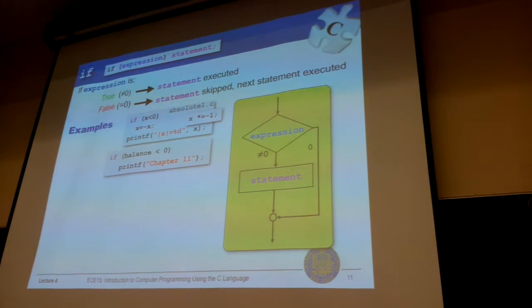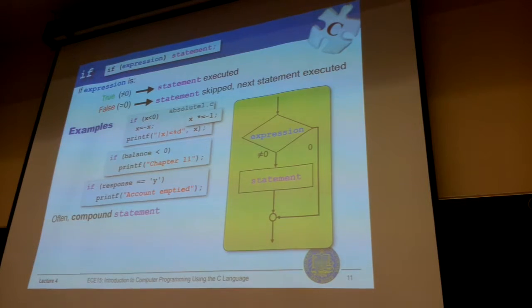Right? Here's another example. If balance is less than 0, then we'll print out chapter 11. So basically, if this was a financial program and your financial balance is less than 0, then this is a little joke. Chapter 11 is bankruptcy. So you declare yourself bankruptcy. We can use this for user responses. So, for example, if you had a yes/no question and the user responded yes, you can check for that and print out a statement